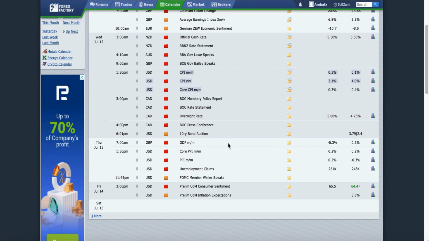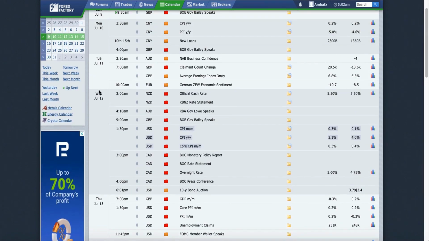And on Thursday, we have the core PPI report out of the US dollar too. So something we have to look at, that is the producer price index, the consumer price index, and the producer price index result. So this too is what we have to look at this week in the financial market. And actually we have the unemployment claims out of the US dollar. So the pairs we should be looking out for this week are the pound-US dollar and the Canadian dollar, because we have more volatility in these particular pairs based on the fundamental reports that are going to be released.